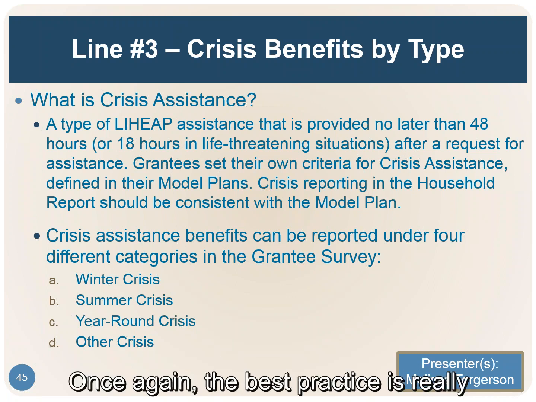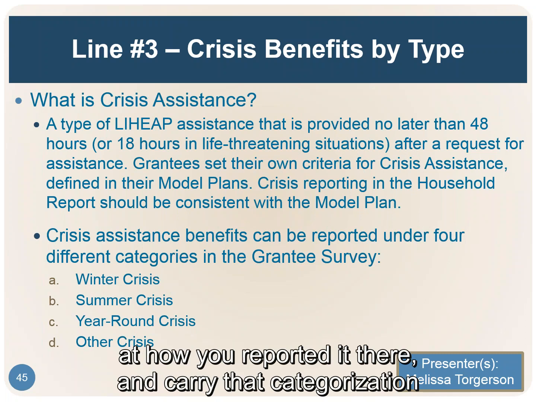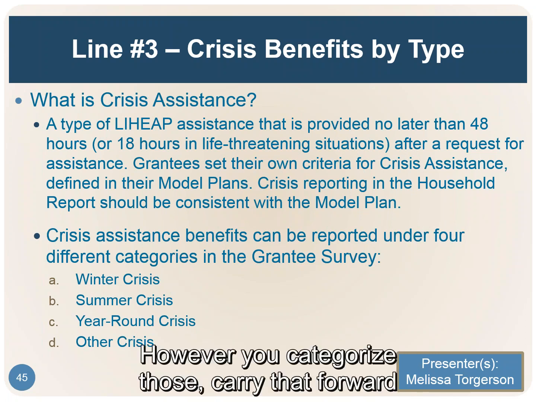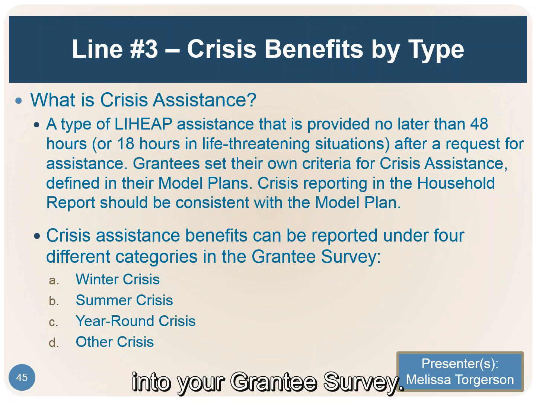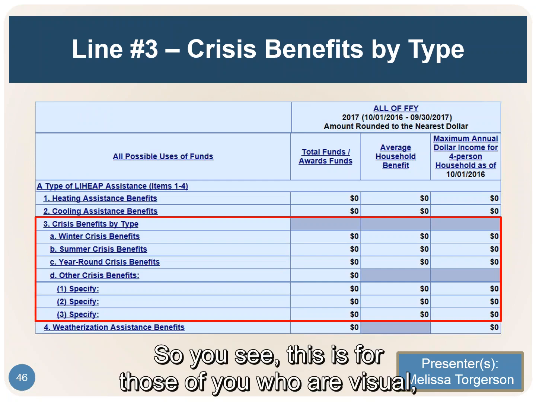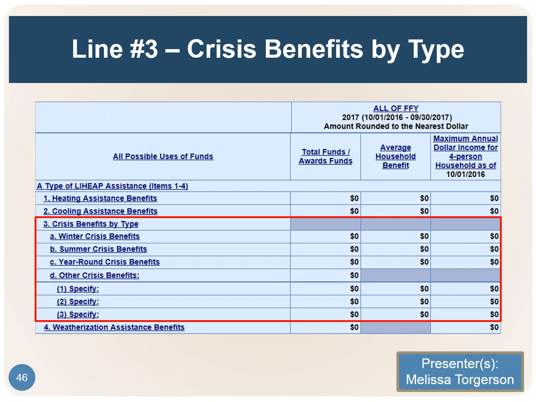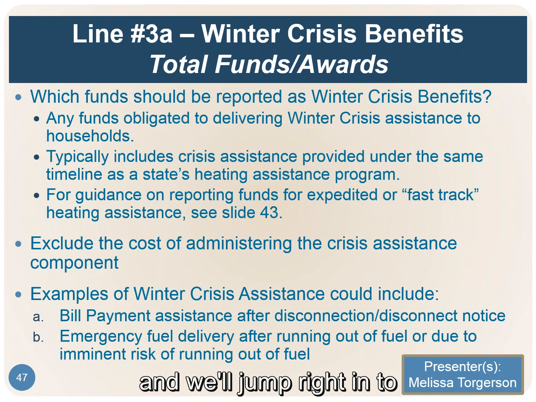Once again, the best practice is really to look at your household report, take a look at how you reported it there, and carry that categorization of your crisis benefits, however you categorize those, forward into your grantee survey. For those of you who are visual, we're talking about this section, or this part 3, and we'll jump right into